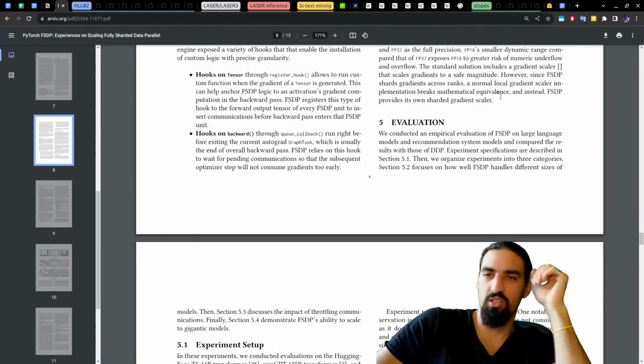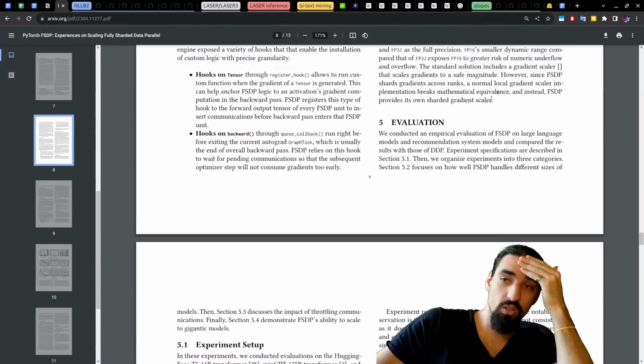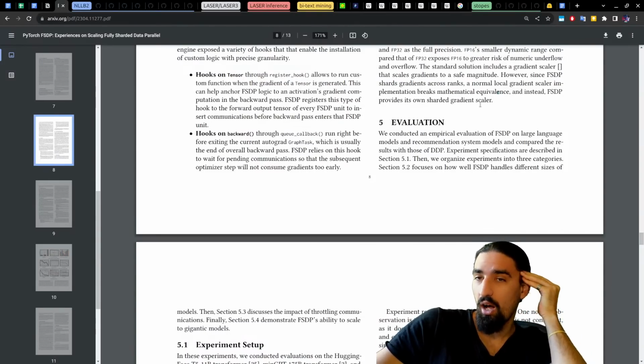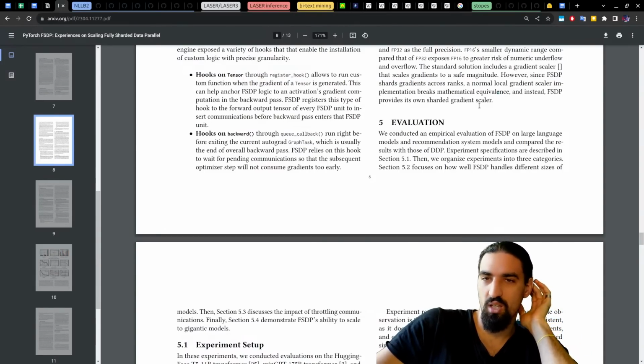However, the standard solution includes a gradient scaler that scales gradients to a safe magnitude. However, since FSDP shards gradients across ranks, a normal local gradient scaler implementation breaks mathematical equivalence, and instead FSDP provides its own sharded gradient scaler. Okay.